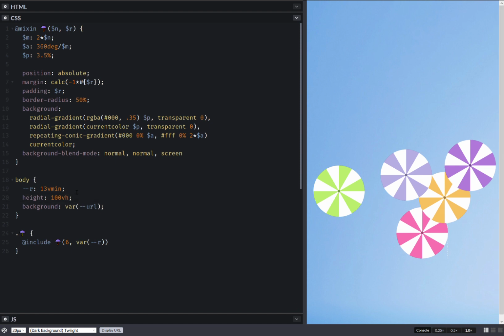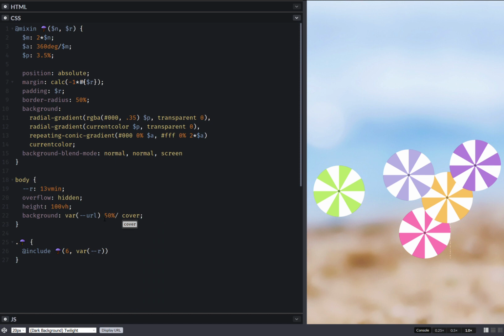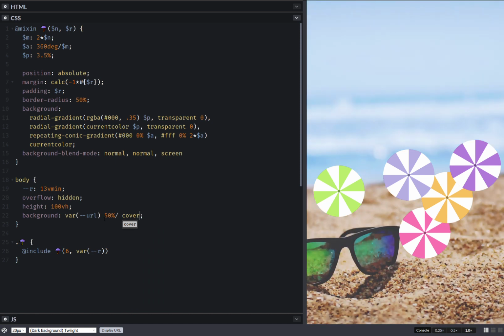Okay, and having done this, let's remove the scroll bar with overflow hidden, and let's put the background in the middle and just set cover for background size. Okay, that does it. Now it looks nice, and the next thing that I want to do is cut out those bites from my